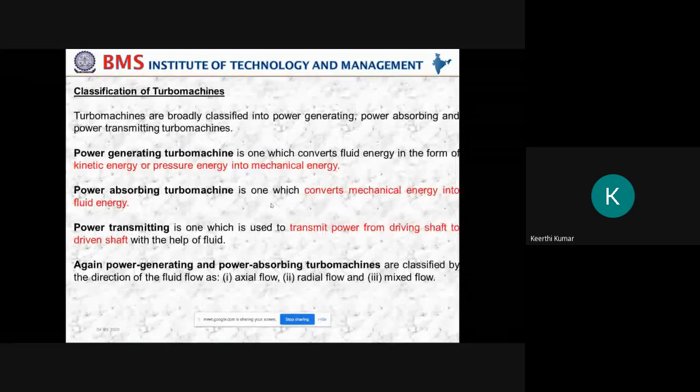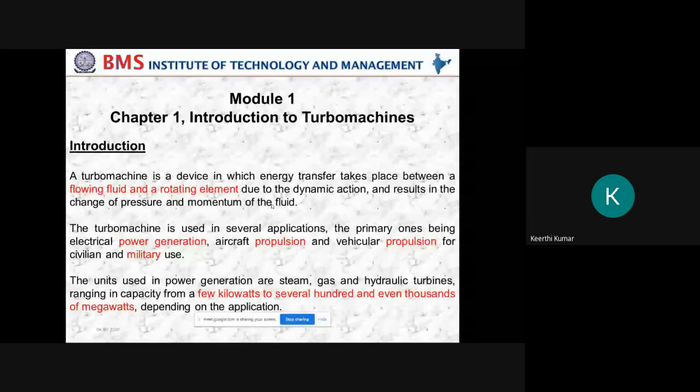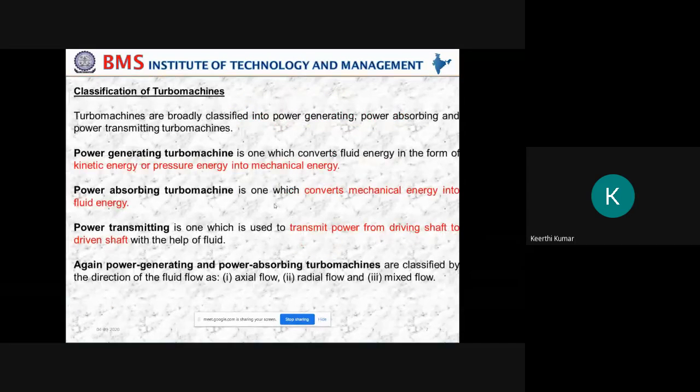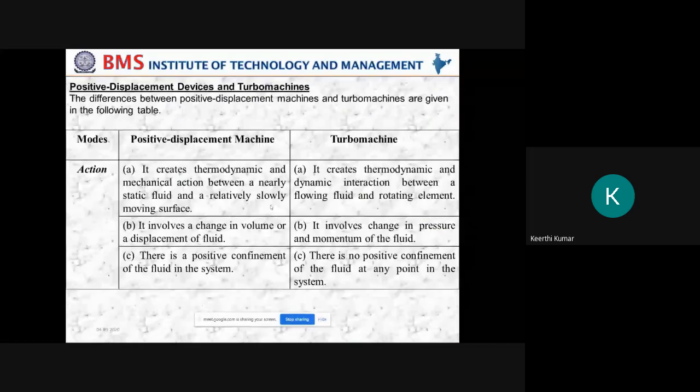Done. So today we covered the introduction to turbo machines, different parts of turbo machines, and the importance of turbo machines along with the explanation of the parts and classification of turbo machines. Now I'll go to the difference between positive displacement machines and turbo machines. Before going for that, if anybody has a doubt regarding the topics I covered, please ask me. Anybody having doubts? Okay, shall I proceed to the next topic?